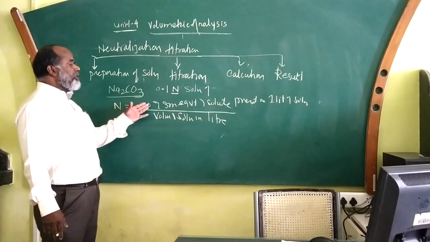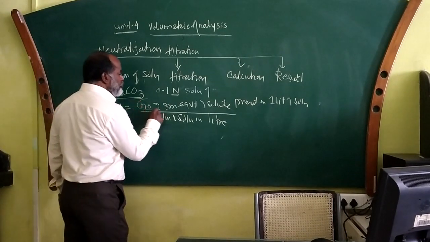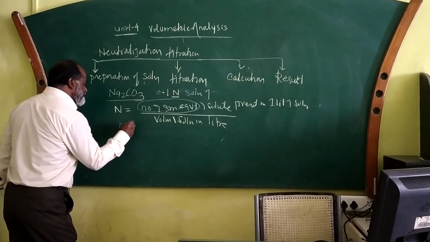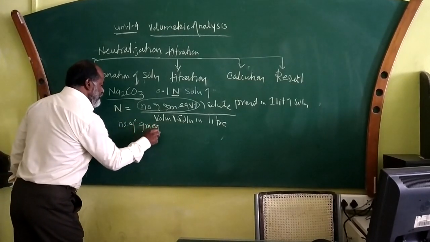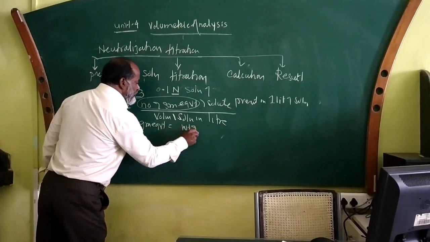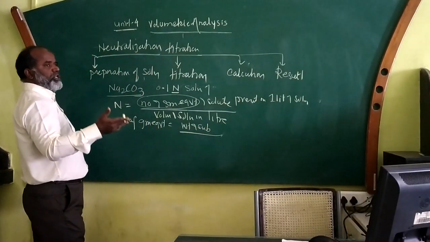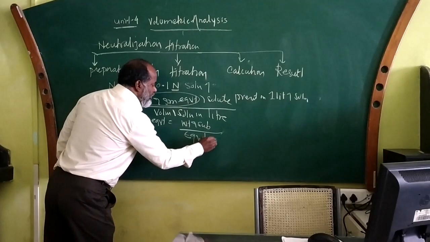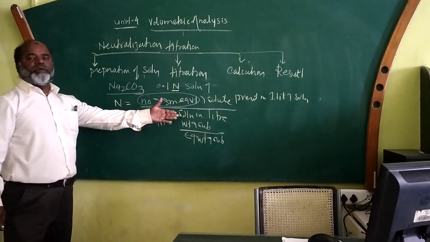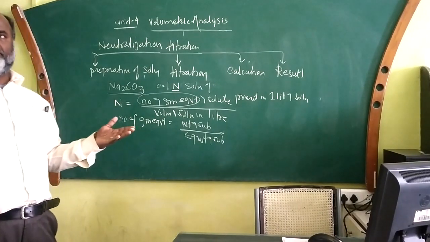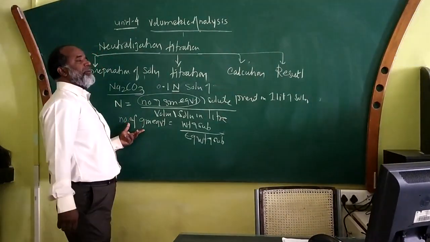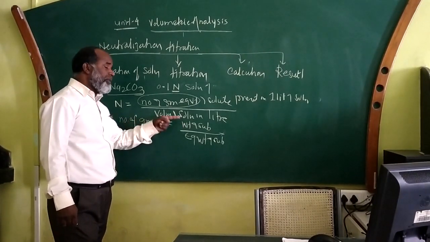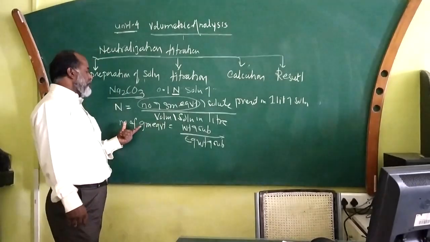So now number of gram equivalent is what? First we are supposed to understand this numerator term. What is meant by number of gram equivalent? Number of gram equivalent is equal to weight of substance, the solute, maybe gram or kilogram, upon equivalent weight of substance. When the weight of the substance is divided by its equivalent weight, then whatever answer is obtained is called number of gram equivalent. तो अगर आपको number of gram equivalent चाहिए, the weight of the substance should be divided by its equivalent weight. Then you will get number of gram equivalent.